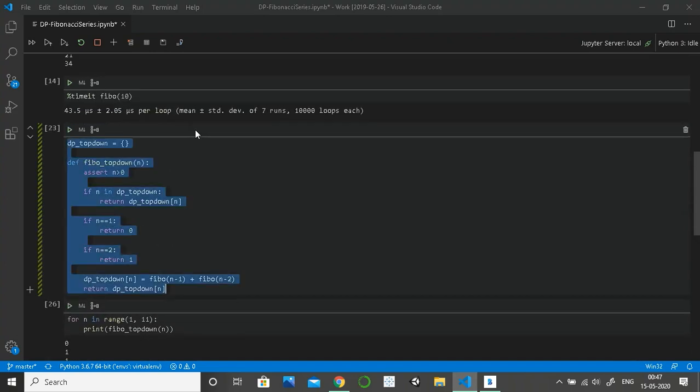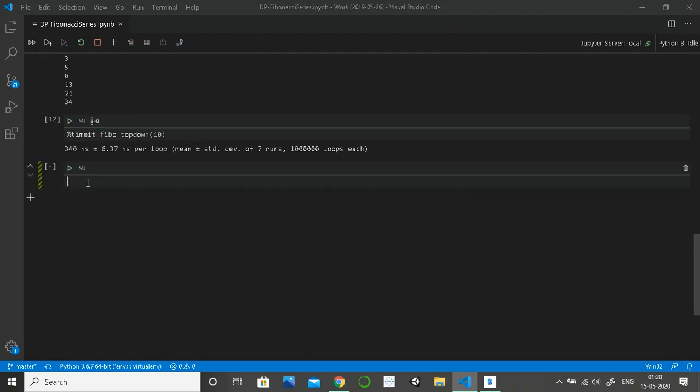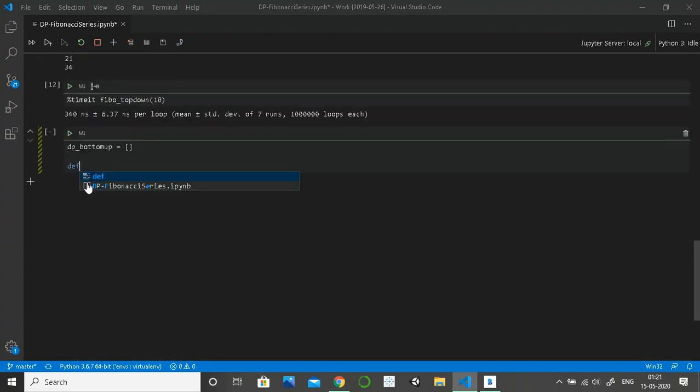Now let's also write a function for bottom up. For bottom up, we will create an array, bottom up. Let me write the function as well: fibo of bottom up, and it will take n as input.